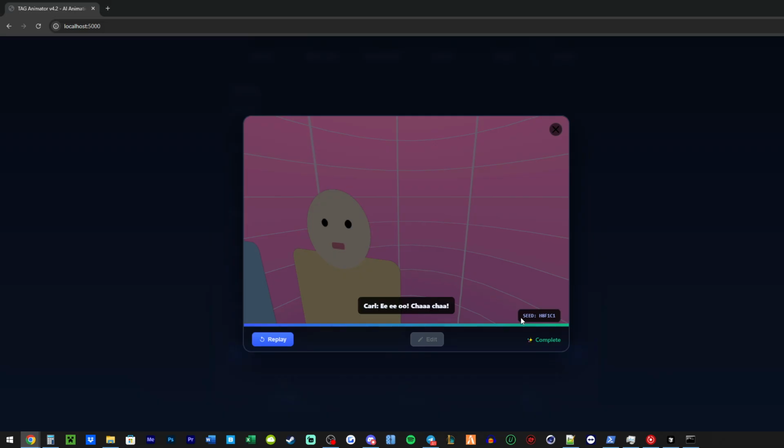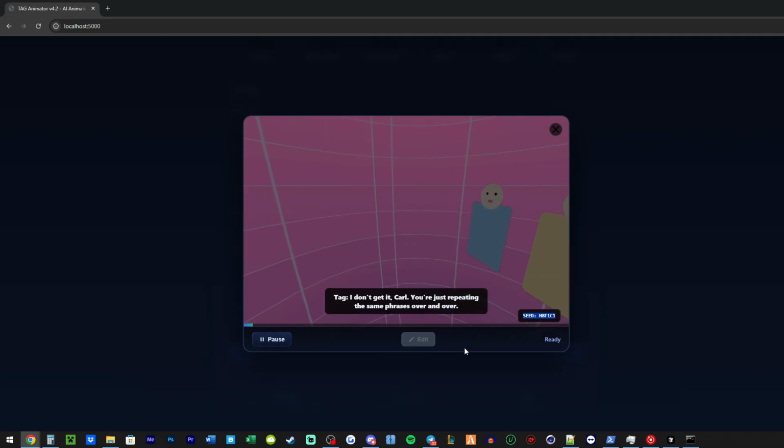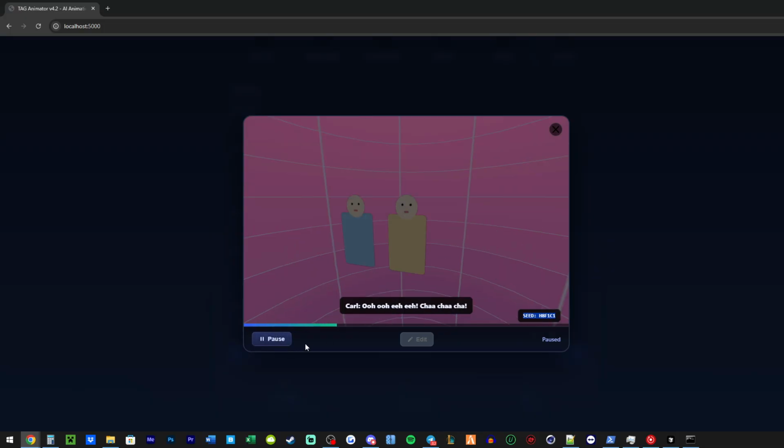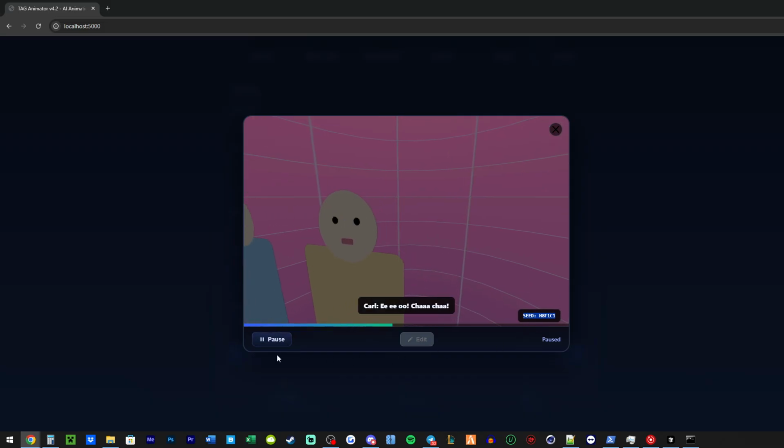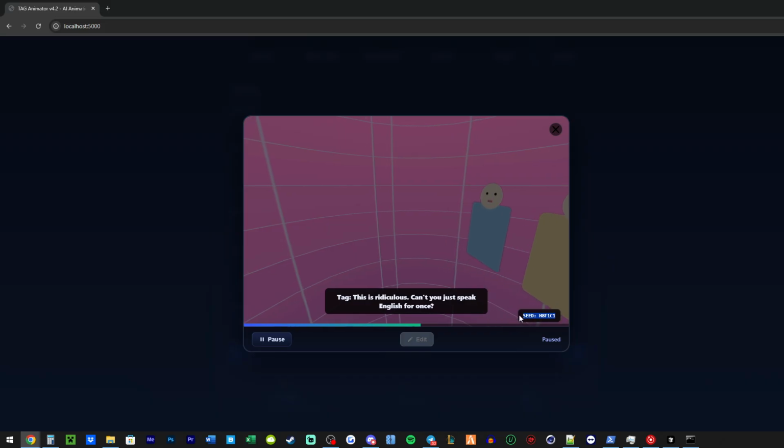This edit will actually be more centered. You have your seed right here, so you can, like I said, copy this. If you get a random seed and then you get the animation and you like it, you could basically just copy the seed. I might just put it at the top left instead of down here in the corner, but we'll see. You could also replay your animation, so if you wanted to view it again, you could replay it. You could pause it in a certain place, right? Actually, pausing may not work. It says it's paused, but it's not actually paused. So that's a bug.